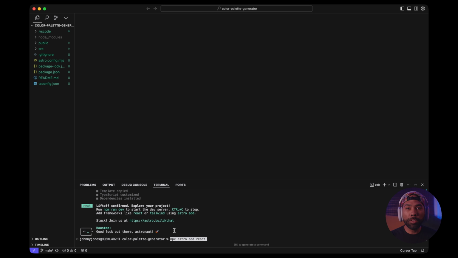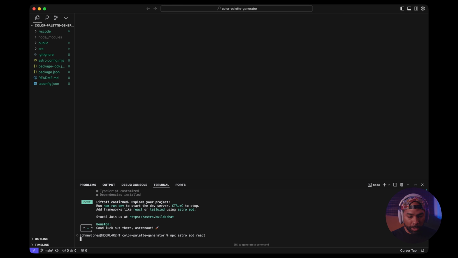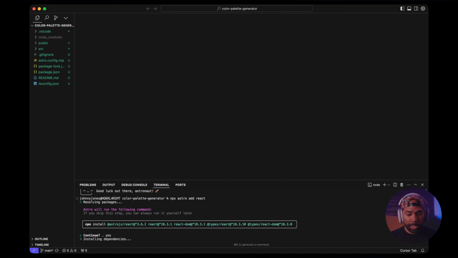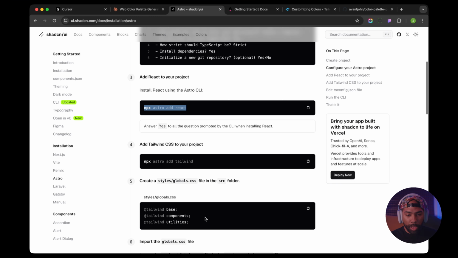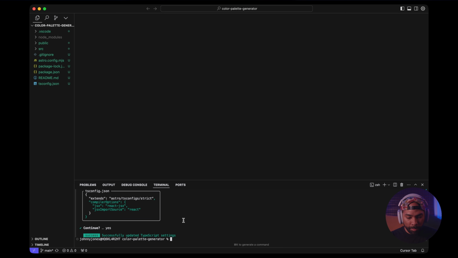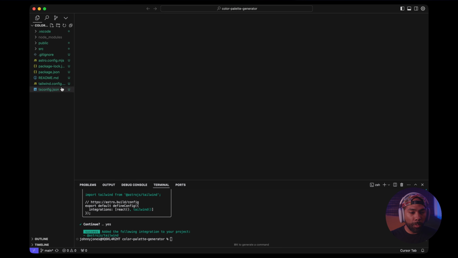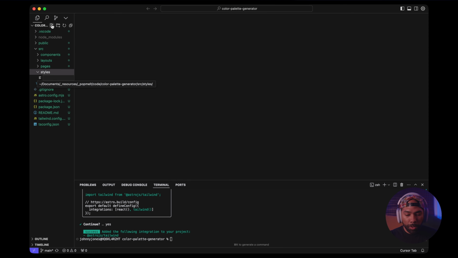Okay, now let's get React installed in our instance of Astro. And we're going to say yes to all of these questions. And we're going to add Tailwind for styling. Okay, we've got Tailwind installed. Now we're going to create a folder in source for managing our styles. And in that styles folder, we're going to create a